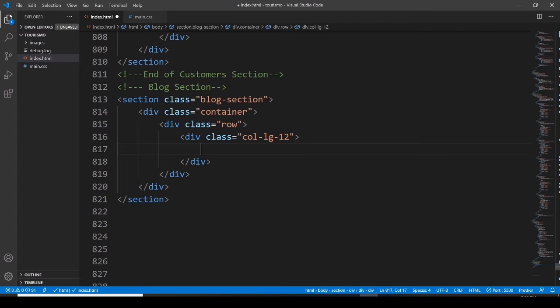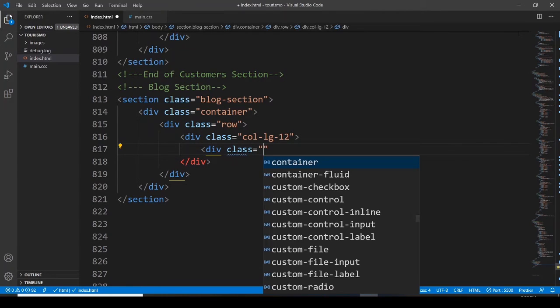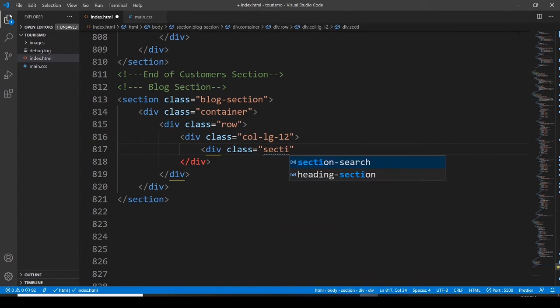And now I would like to go with the division, and with this here in this division, let's have a class of, not class, this is a class of section title. So the section title,